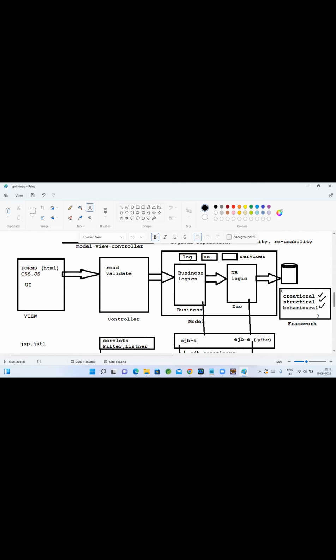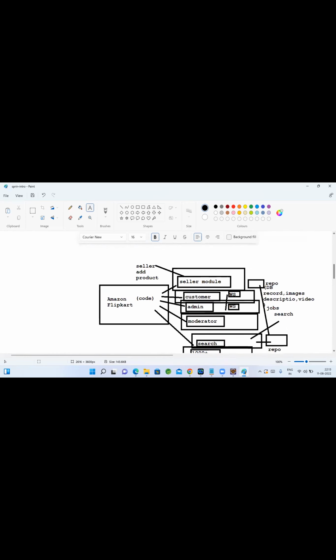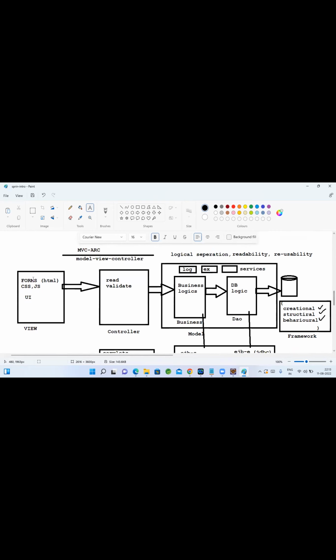As an architect, you need to think about what to do between multiple applications. But as a developer, you need to focus on this architecture to implement your views, controllers, business, DAO and databases. Our primary focus should be how to implement this end-to-end.